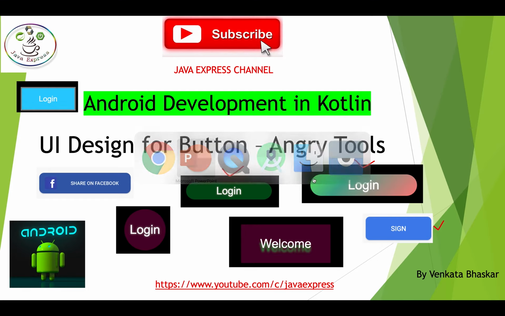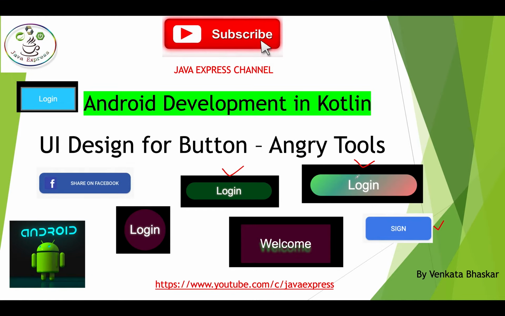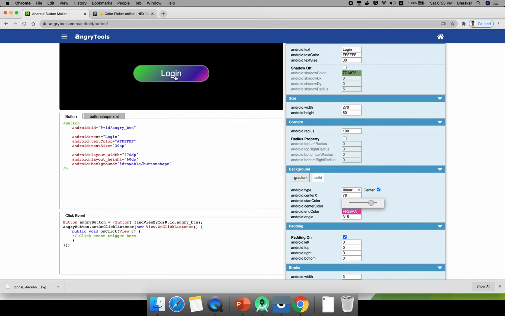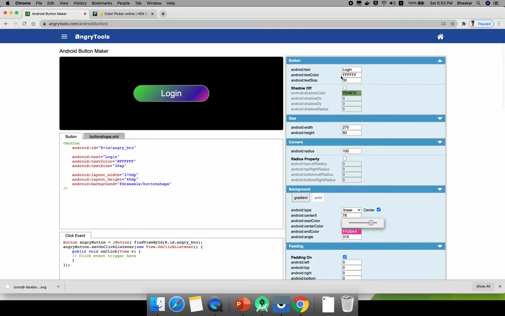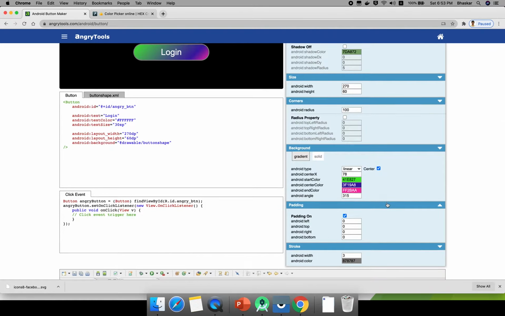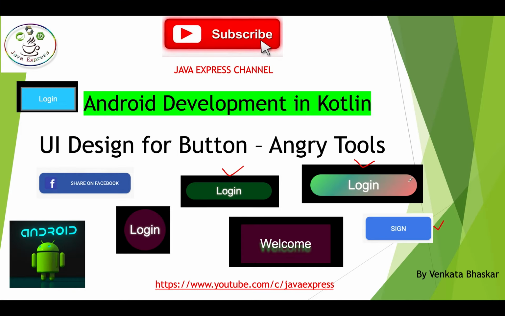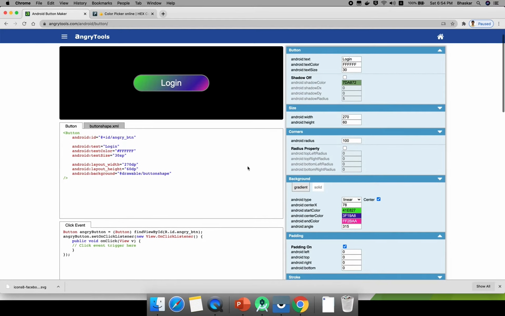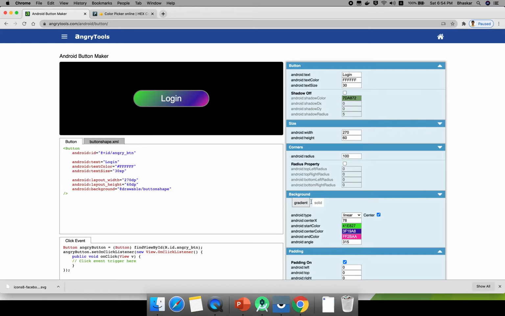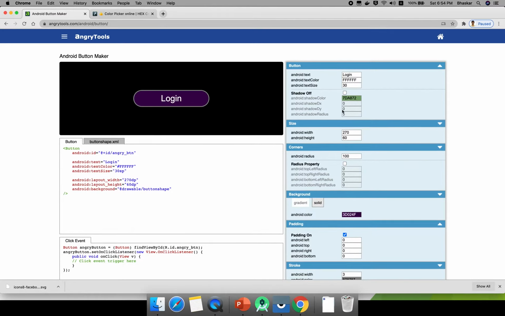If you go to the PPT, there are three different colors. Login is a different text, this is login.txt, right? So if you want to change the text color, you can go and change it. I hope you are clear about this one. Okay, this one is done, and we'll see strokes and the welcome text. Now I will make it a solid color. If you click on the shadow button, here I need a green shadow.